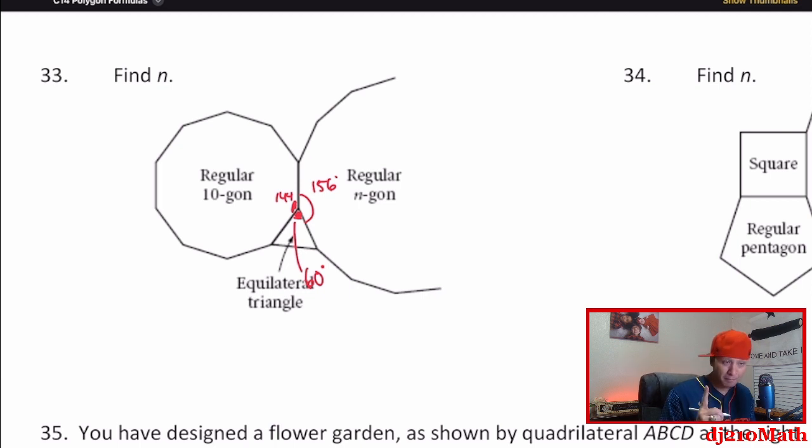So what that means is that an individual interior angle of a regular polygon is equal to n minus 2 times 180, divided by n, and that is equal to 156. Okay, so here,